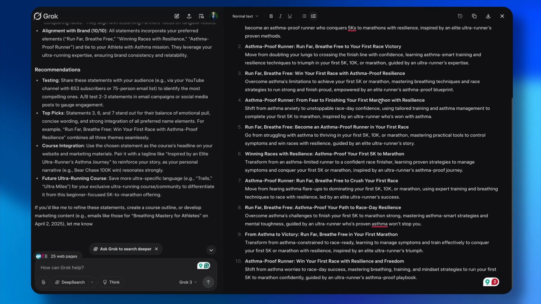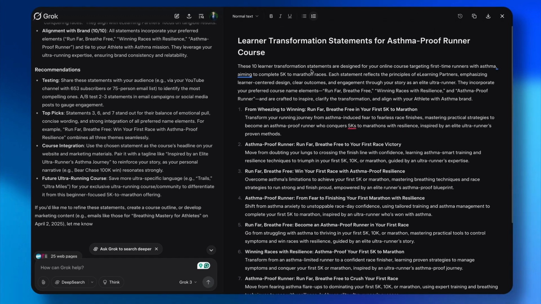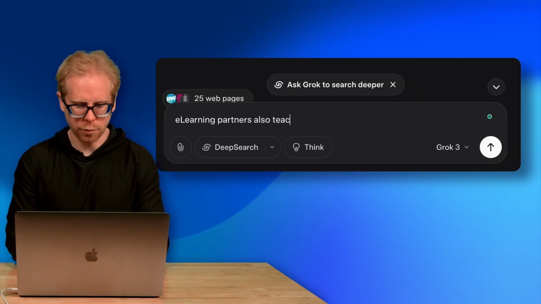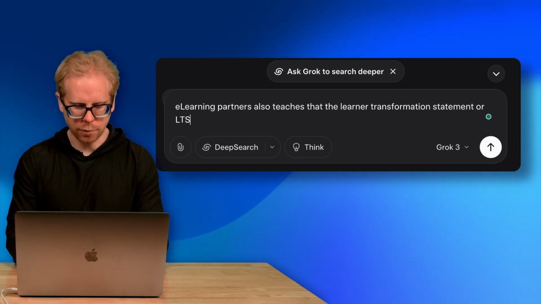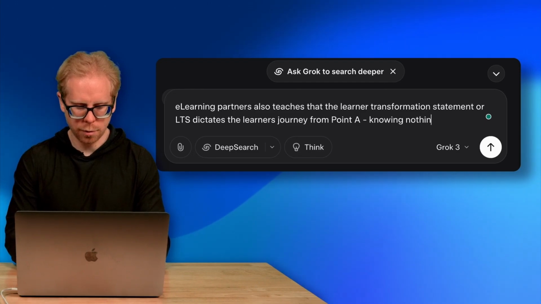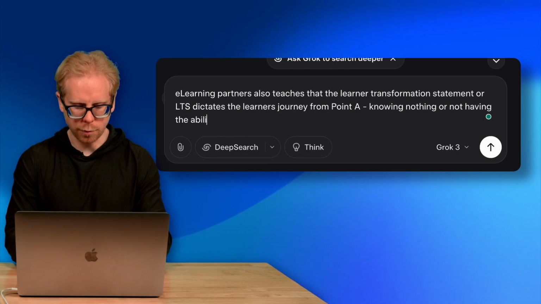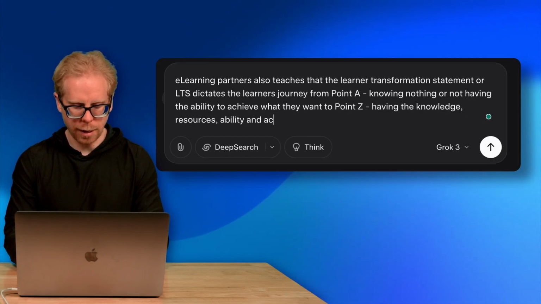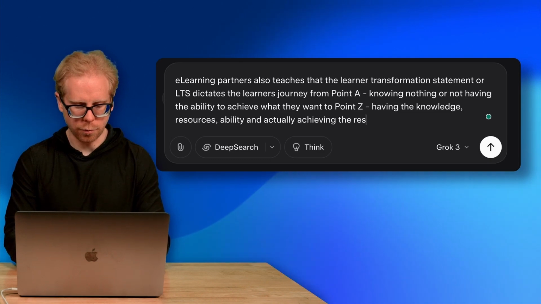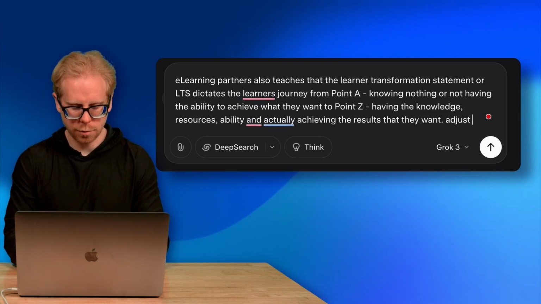5K or marathon. I want to add something else because it did research eLearning Partners, but didn't go far enough. eLearning Partners also teaches that the learner transformation statement, or LTS, dictates the learner's journey from point A, knowing nothing or not having the ability to achieve what they want, to point Z, having the knowledge, resources, ability, and actually achieving the results that they want. Adjust responses